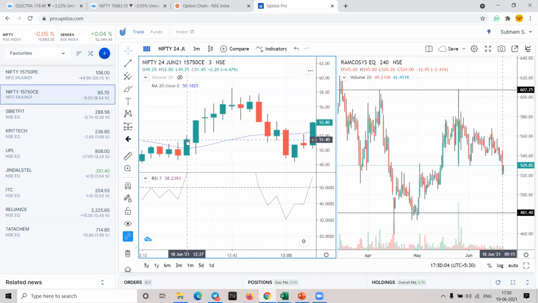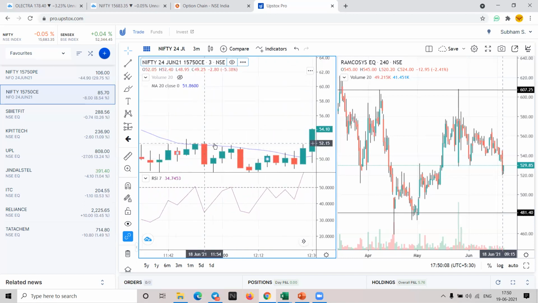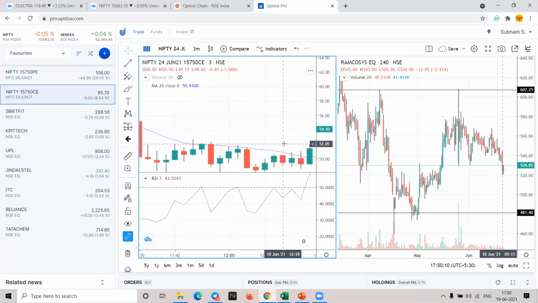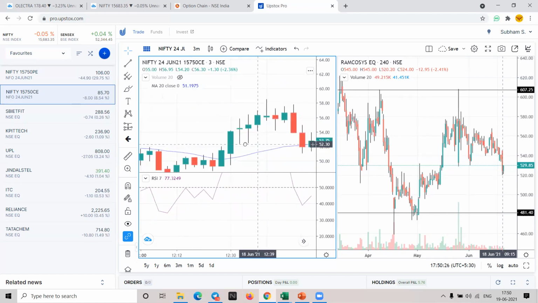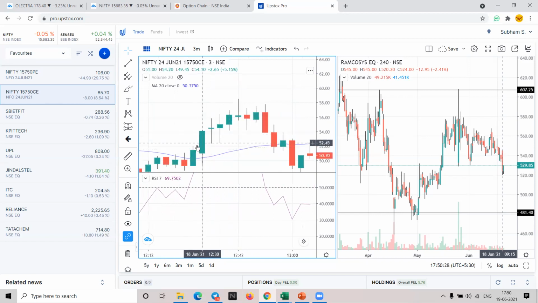This moving average tells you the trend. In this case, when you found this candle, the moving average was downward, or a little downward, or it just looks like it will change. All good with this, but you should look at this moving average also, and then you can go for it. Now, here again it has come down. In this case also it has given 1:1 risk reward, but this is not the best entry because the moving average is not with you.